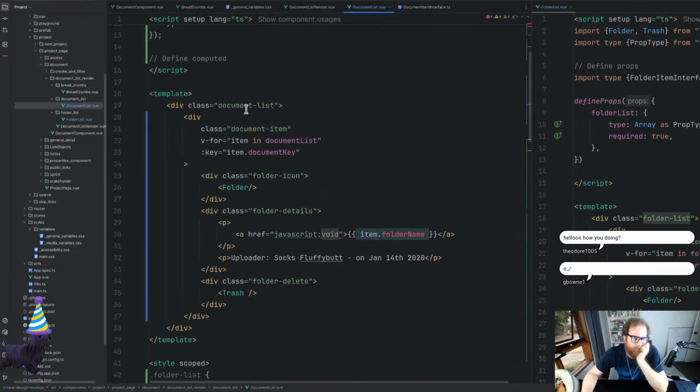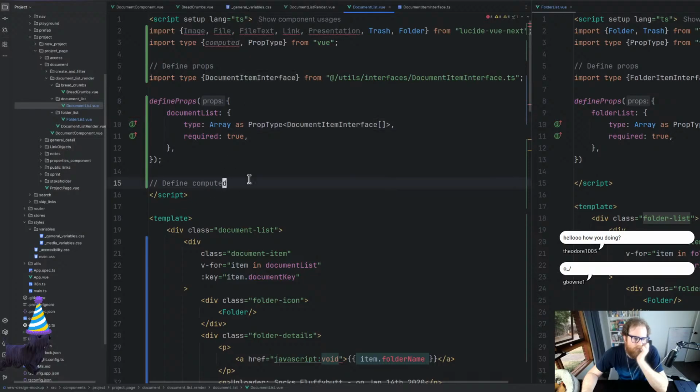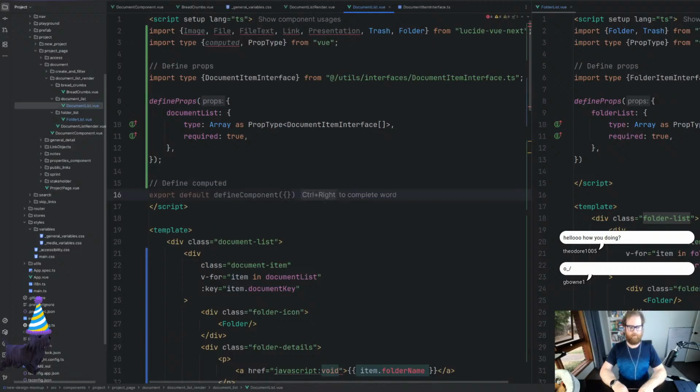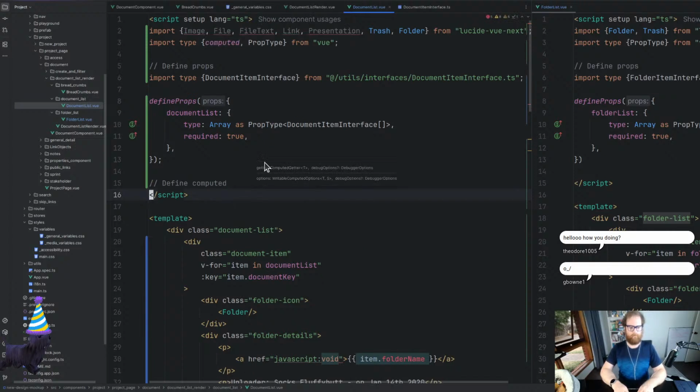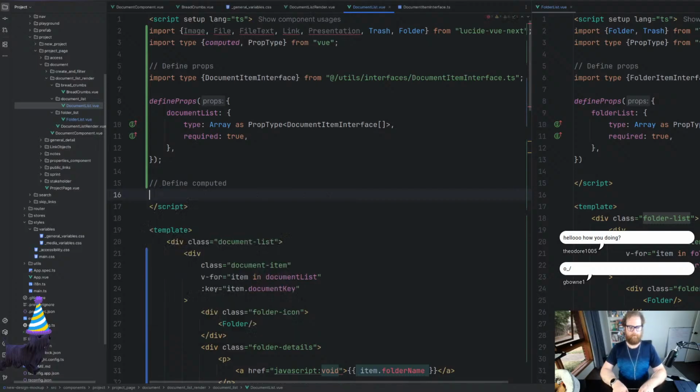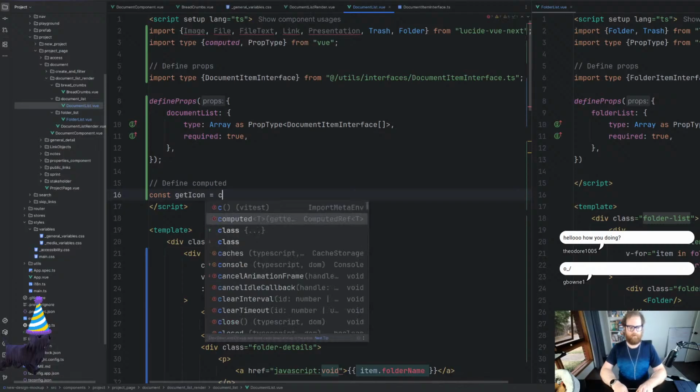All right. In here, we define computed. We then go const getIcon equals computed. Hang on. Const getIcon equals